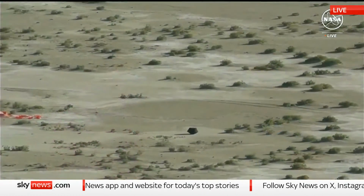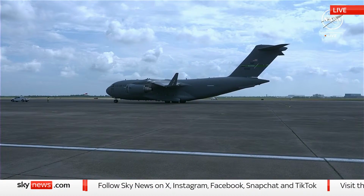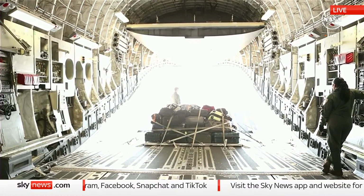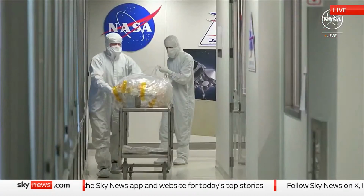On Sunday, September 24th, the sample return capsule landed safely in Utah, and then it was brought to a temporary clean room that we had set up there to have certain parts removed, specifically the heat shield and back shell, which are two large parts, and that exposed the sample canister inside, which a nitrogen flow or purge was attached